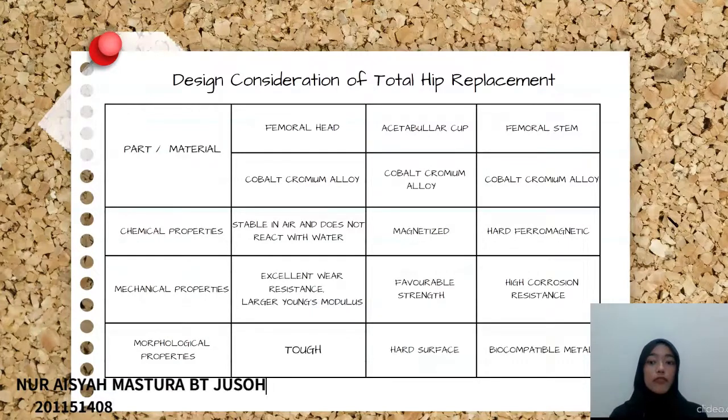It is tough. For the acetabular cup, it has a hard surface, which can give enough support for the patient's body, especially the lower part of the body. Lastly, for the femoral stem, the cobalt chromium alloy is a biocompatible metal which does not react with the blood and the surroundings of the patient's inner body after it is implanted. So it is suitable to be inside the body